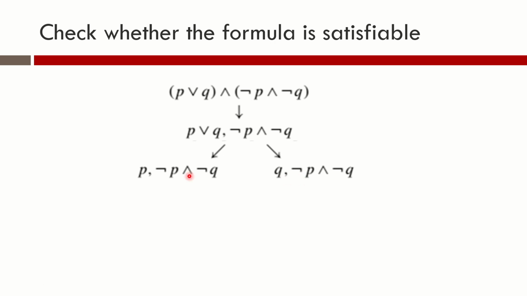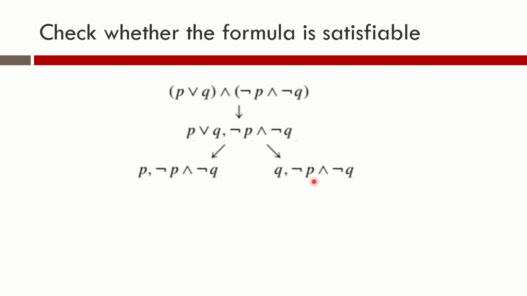Okay. Again we check whether we have a formula that can be decomposed. Here we have a formula that can be decomposed. Here also we have a formula that can be decomposed. Now these are two different branches. We have to deal with them separately. Now when we consider this, we have an alpha formula that can be decomposed. Since it is an alpha formula, we will create one child node and we will label it with A1 comma A2. So that will be P comma negation P comma negation Q.